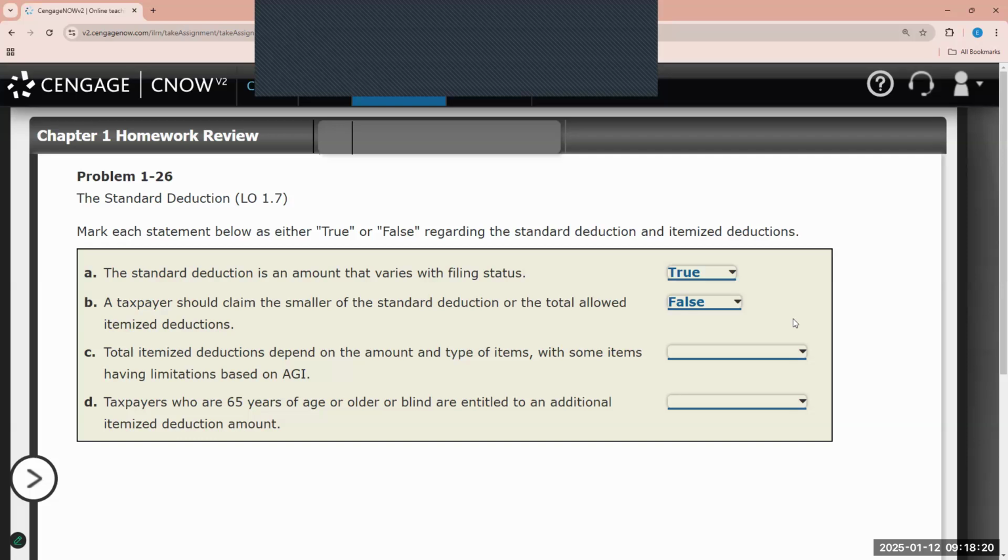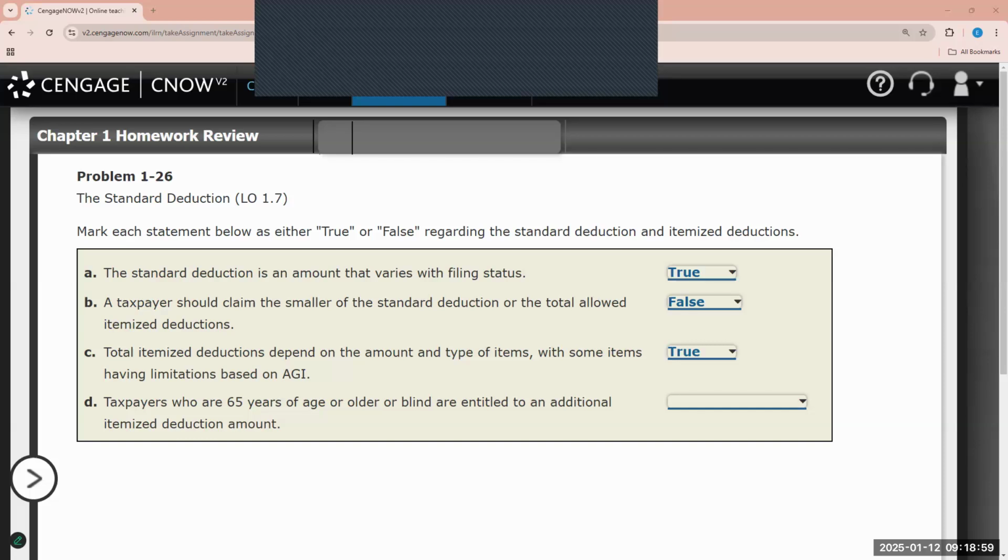C, total itemized deductions depends on the amount and type of items, with some having limitations based on AGI. So true, as just mentioned previously. Medical expenses are subject to a limitation of 7.5%. State and local taxes have a cap of $10,000 in light of the Tax Cuts and Jobs Act. Charitable contributions, miscellaneous deductions. A good majority of the itemized deductions have some limitations set in place based on the adjusted gross